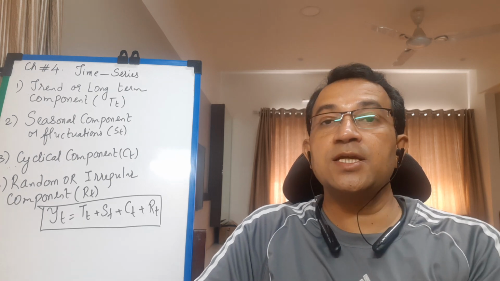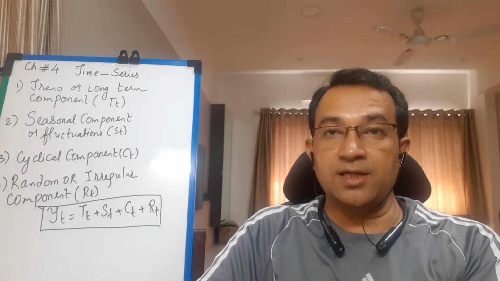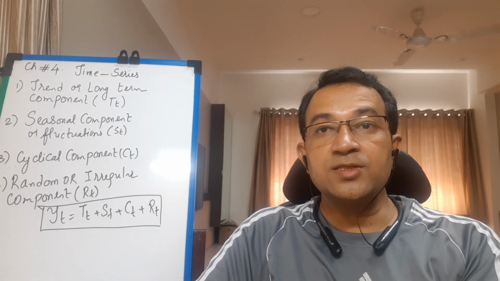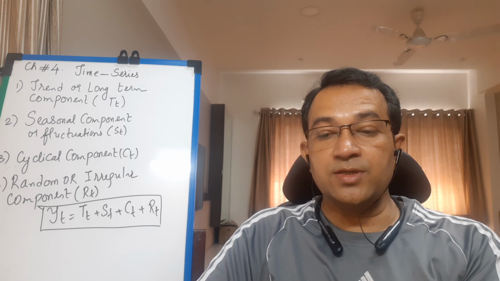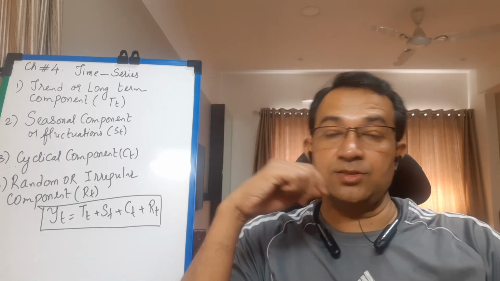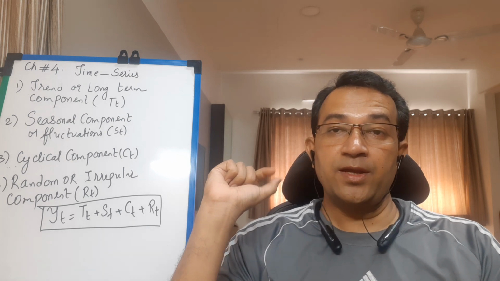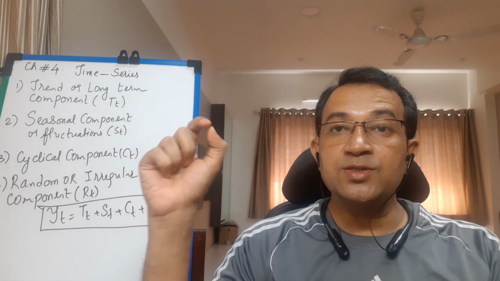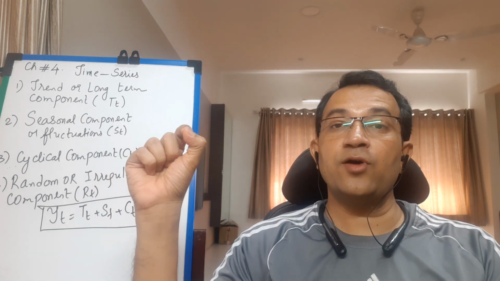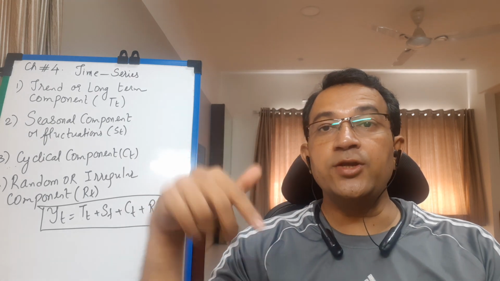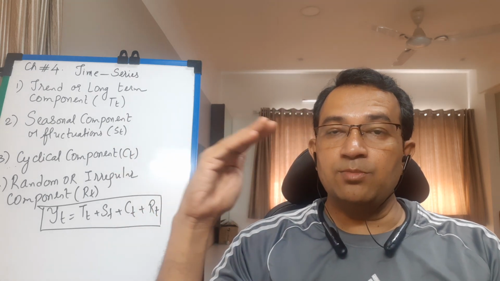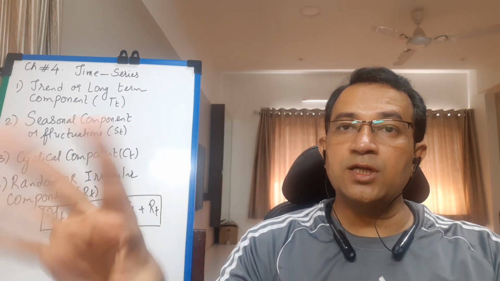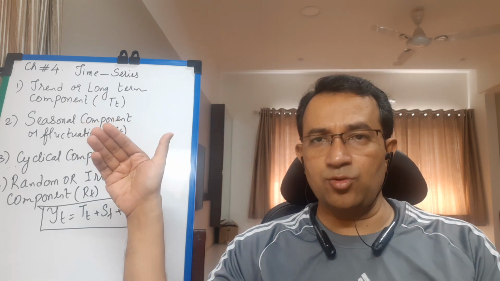Overall changes taking place in the variable of the time series are considered. Short-term changes are neglected. And the factors responsible for these changes produce a very slow pace of variation. This is very important, students. For example, students, in India the literacy rate is increasing, but this trend of increase in literacy rate since the last, say, 40-50 years is going on very slowly.